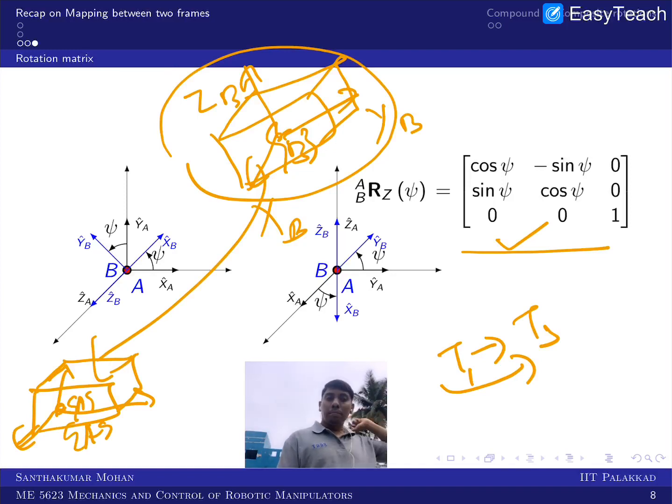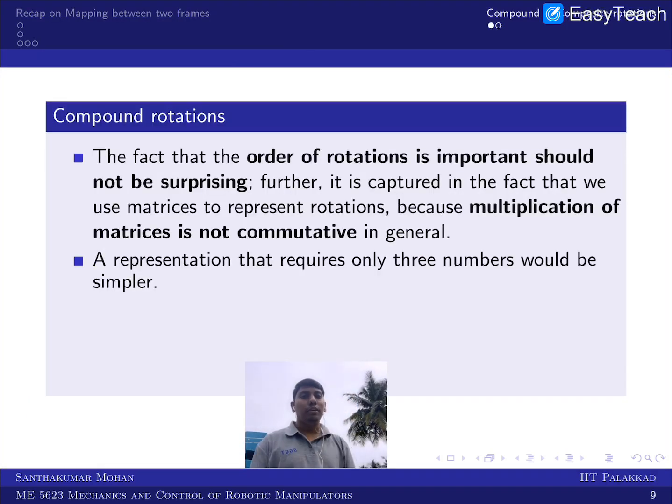Okay, with respect to the fixed frame, you are supposed to call it yaw control, but we are not doing the yaw control here, we are doing the heading control. In order to get a little more detail, you have to accept that the order of rotation is definitely important, right? Why is it so? The multiplication of matrices is not commutative, because we are representing the rotation in terms of matrices. So when the order of rotation is different, your multiplication of matrices is also different, right?